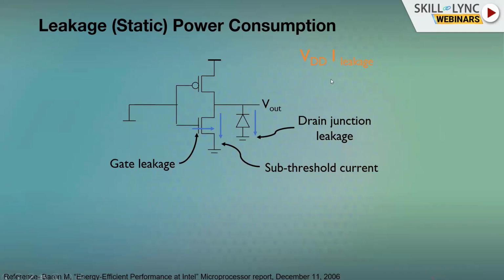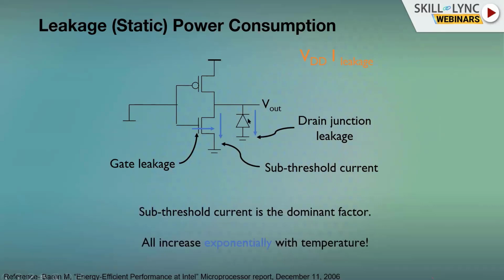Overall, if the leakage current reduces, your static power gets reduced. Static is nothing but leakage, which is another terminology used in general. This is mainly because of these four parameters, and if you reduce this I leakage, automatically your static power will reduce. Or if you reduce your VDD, your leakage will reduce, but there are side effects when you reduce your VDD. Sub-threshold current is the dominating factor in most designs as of now, and the other currents we talked about are not as dominant.